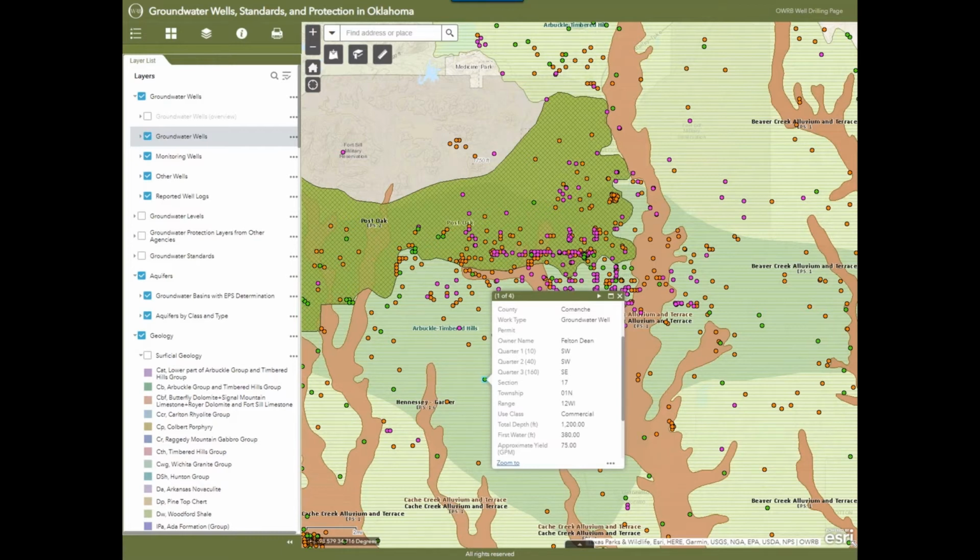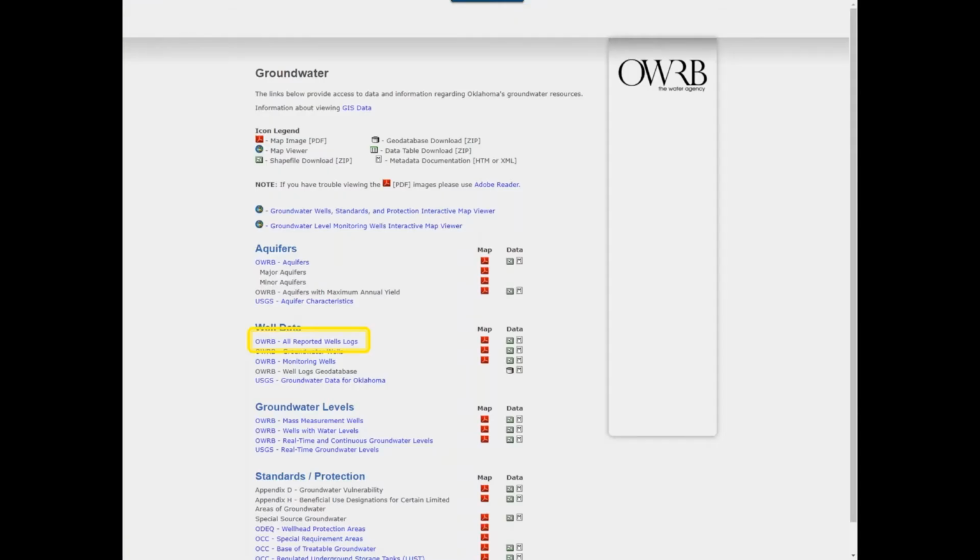They can pump 75 gallons a minute here, and they hit water at 380. So even though it's a 1,200 foot well, if they drop the tape down to measure the static water level, it would be around 380. Or I'm not 100% sure that's what this means here. It could mean first water, the first bedrock aquifer that had water available, was at 382. There's probably an explanation in their legend for this, and I didn't look.